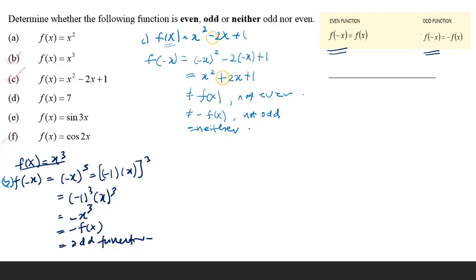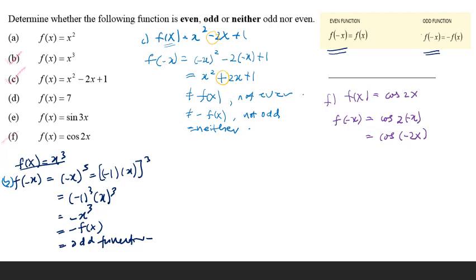Okay, we go to the last example here. We have f(x) equal to cos 2x. So we substitute f(negative x) equal to cos 2 times negative x, so equal to cos(negative 2x). Alright, so can we bring the negative out? No, we cannot bring any value out of the trigonometry function. So what can we do to simplify the negative here? Maybe we can try